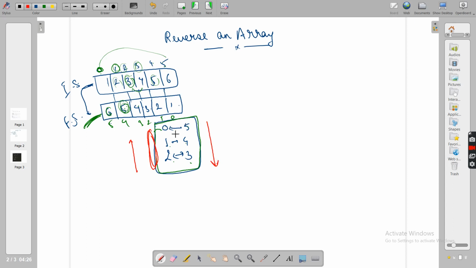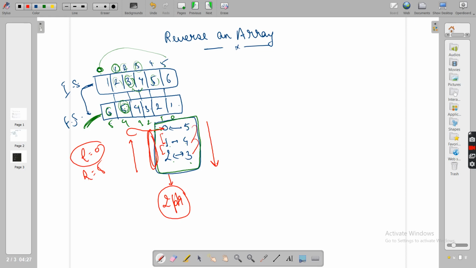Two variables, so here you will get the hint of two pointers. You can guess where the two pointers start: both from the extreme ends. Let's say L starts from 0 and H starts from 5. You swap the values of L and H, then at every step L plus plus, H minus minus.